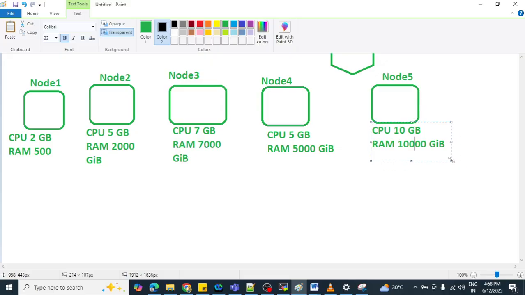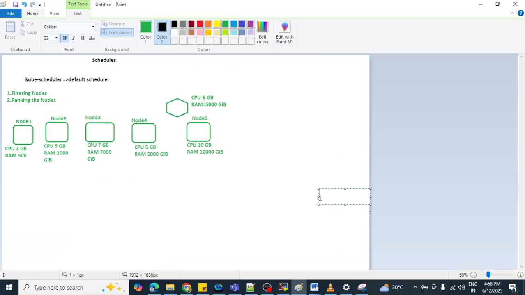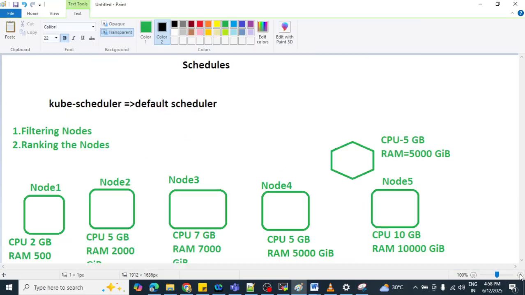Now tell me, which node is best suited for this pod? First of all, we need to do the filtering of the nodes. This pod needs to be scheduled on one of these five nodes, so let's choose the best node for it.